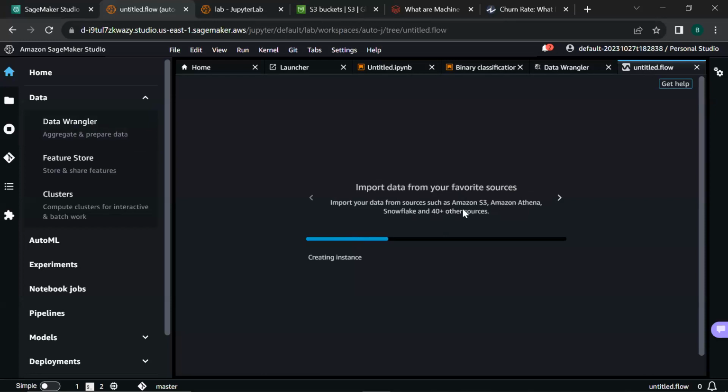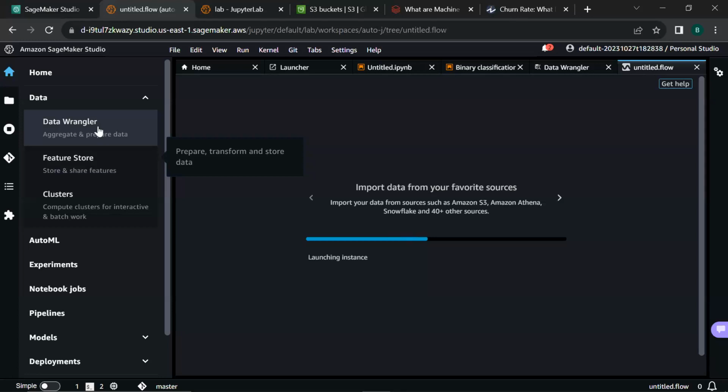So if you have your file, let's say the expenditure churn data in S3, you can load it to the Data Wrangler service, and then it can visualize the data for you. It can also show you any inconsistencies in your data, such as: are there any outliers? It can also create plots such as scatter plots, histograms, and so forth.